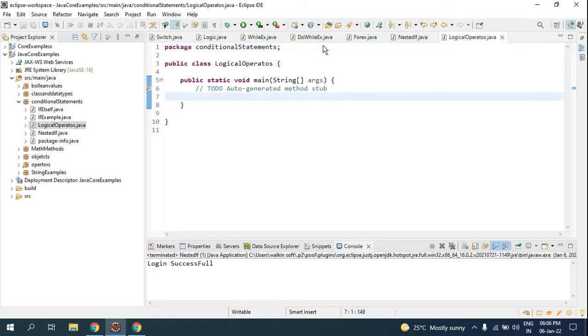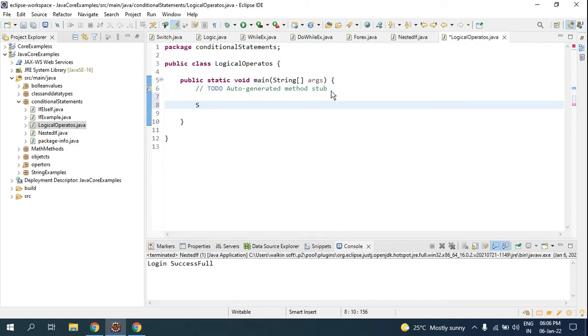So this is the class, and here I will declare a variable of string data type as username, and I'll give it as admin, and end it with a semicolon.